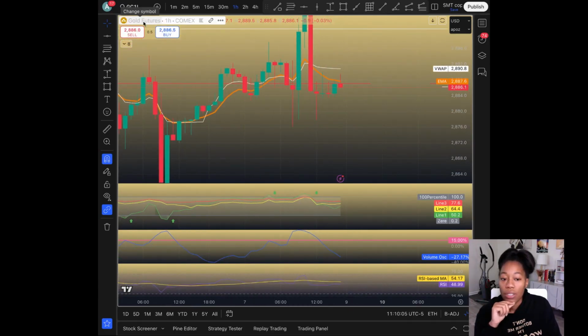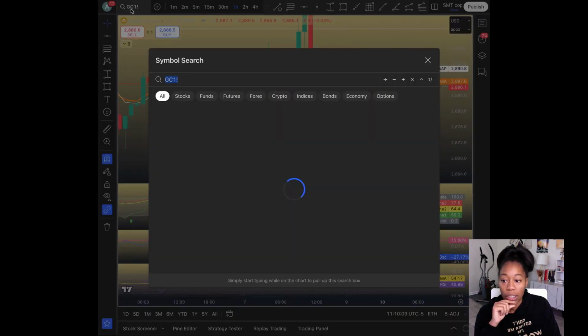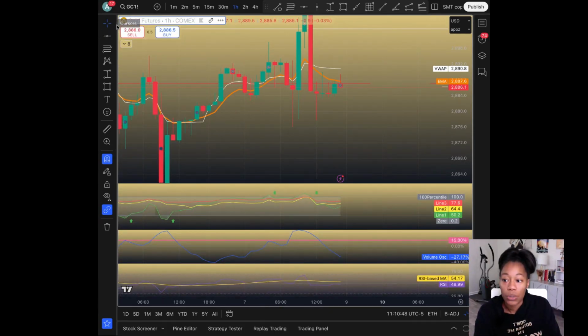Over here, you'll see the gold futures or the GC1 symbol search. You can click it, and that is where you go search for the symbols you're looking for like before. You can click this and it does the same exact thing. And on the left side, you'll see